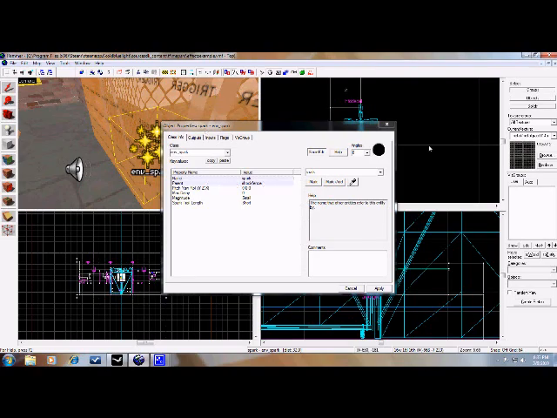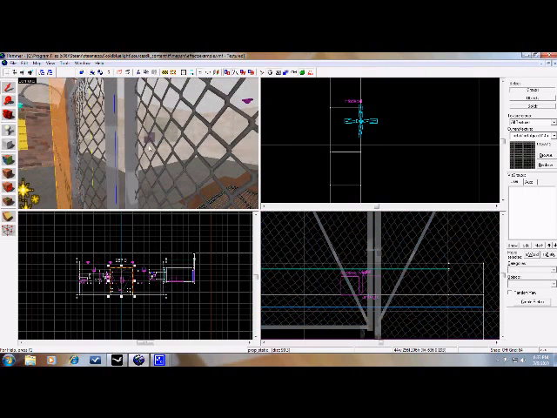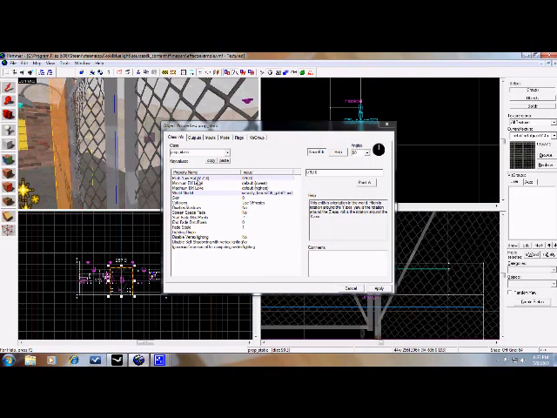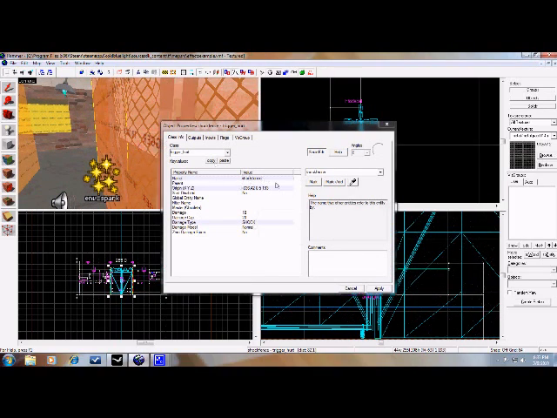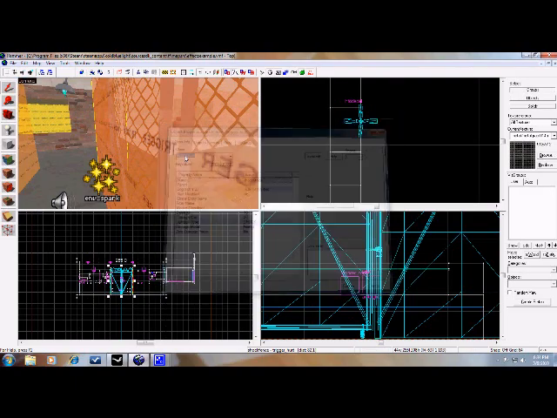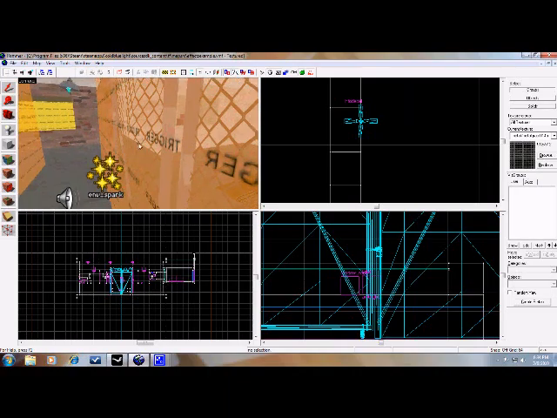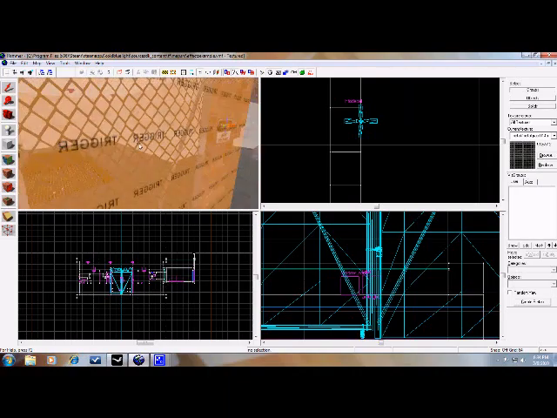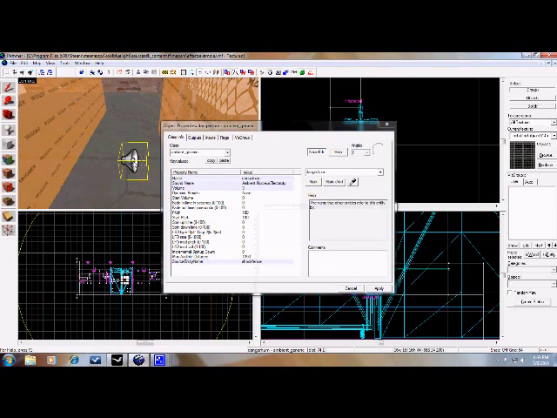Remember how I told you it's important to name your props and entities? Well, this one is static, so it's not going to have a name. So I named my trigger that instead, shock fence, and it's linked to spark. So when the player touches this, it's going to spark, and it'll spark wherever they touch it on this trigger here. Okay? And also we have an ambient generic sound that plays, and all I did was make a new entity and type in ambient_generic,